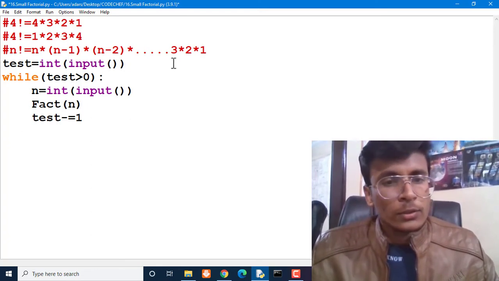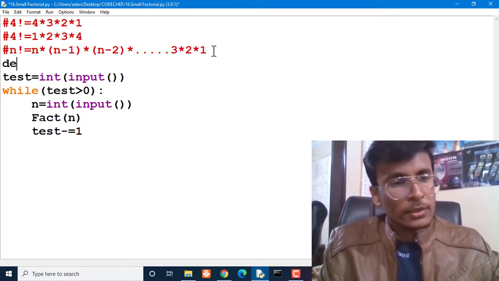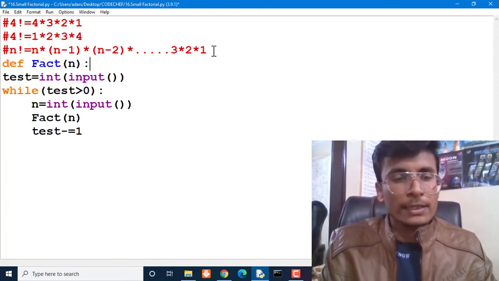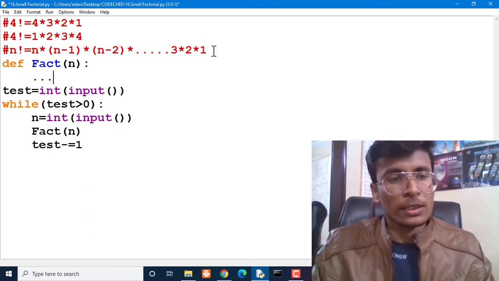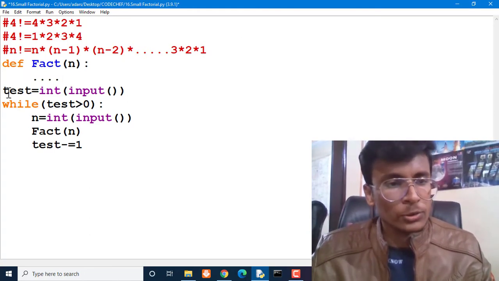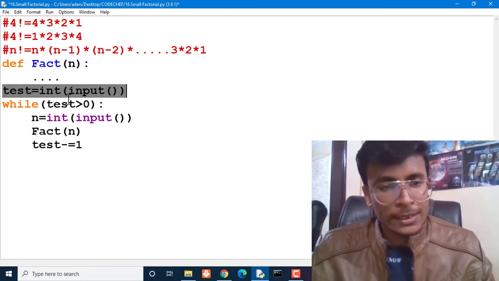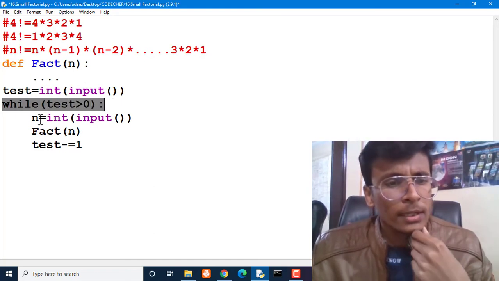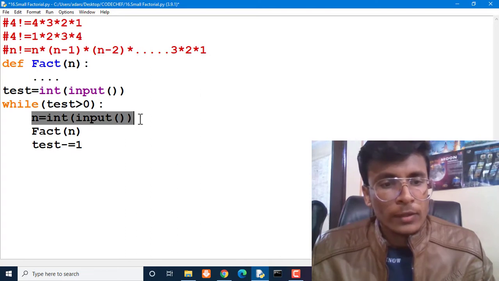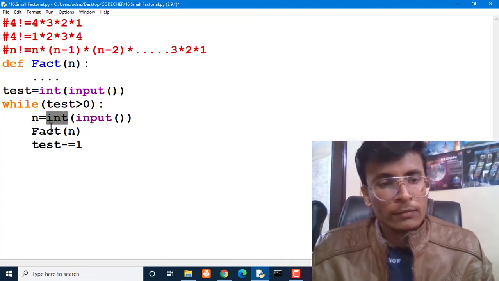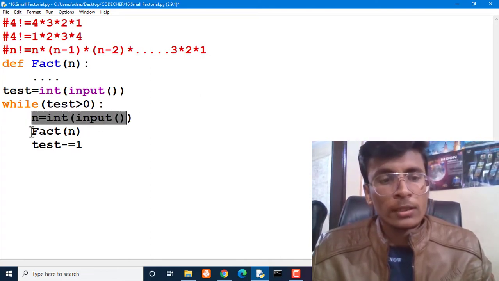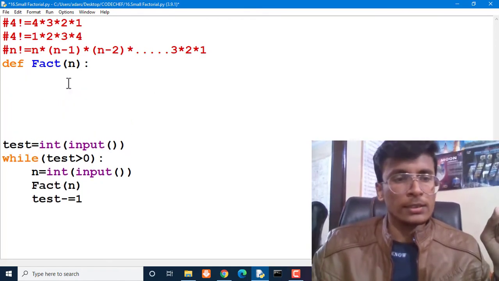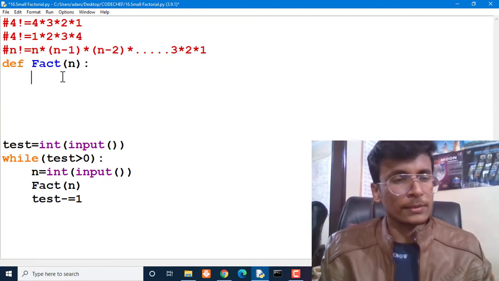Like, def fact, which is going to take value n as input, and then we will do some particular tasks. So the flow of this question is: we take the number of test cases, iterate that many times, every time take the value of n as an integer input, and then provide this integer value to our function fact. So we have to do something in this fact function.